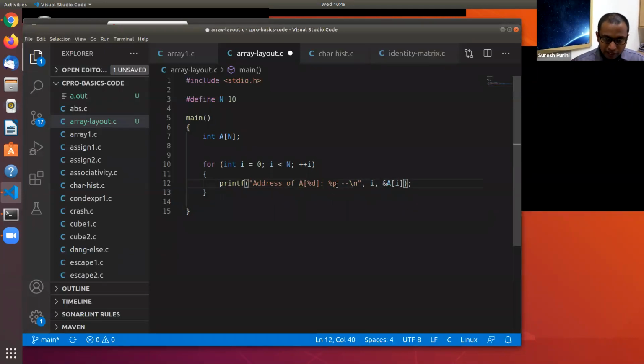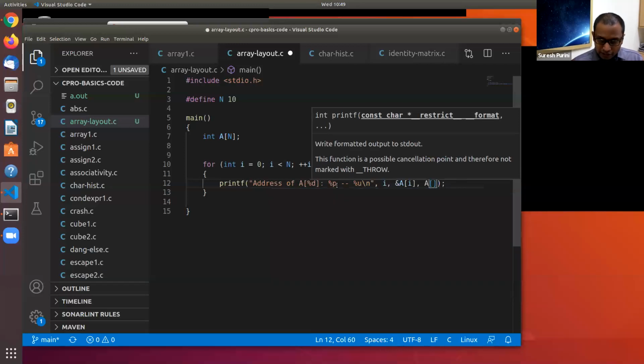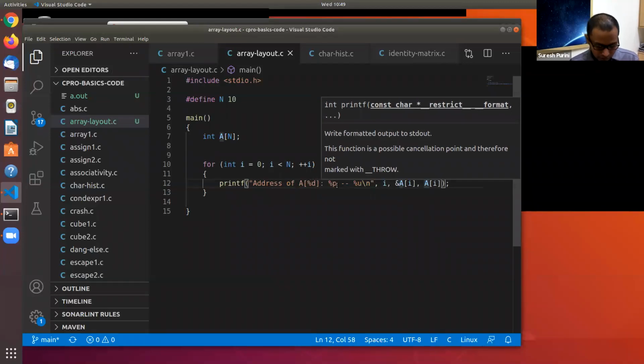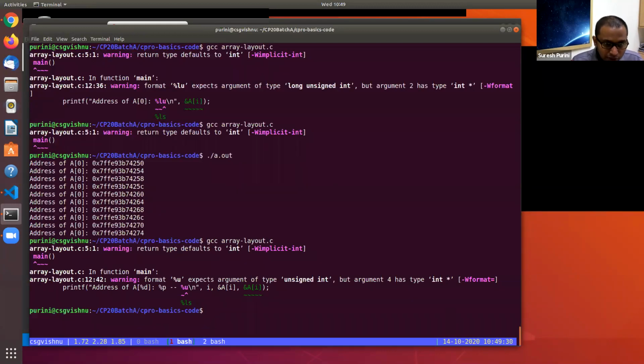Maybe I should print it in decimal form also. %p is for pointer, and it expects long unsigned int.